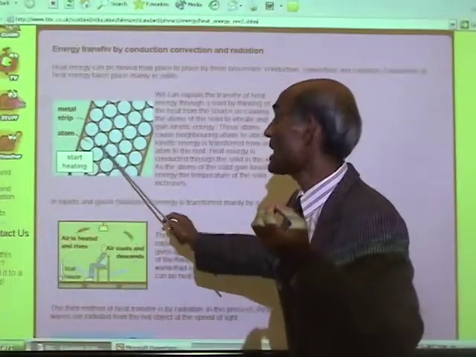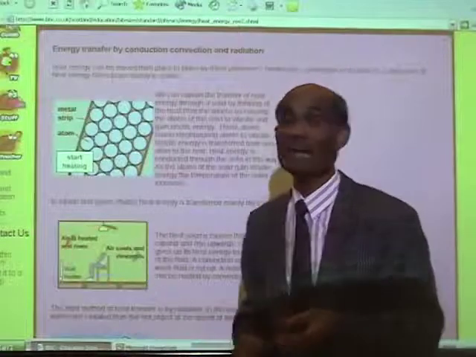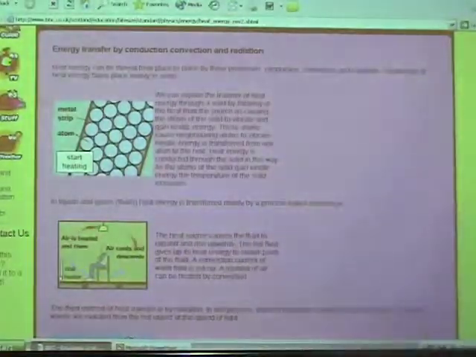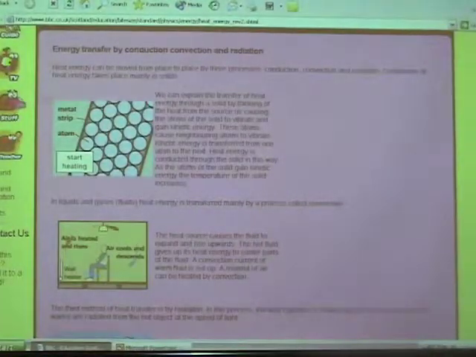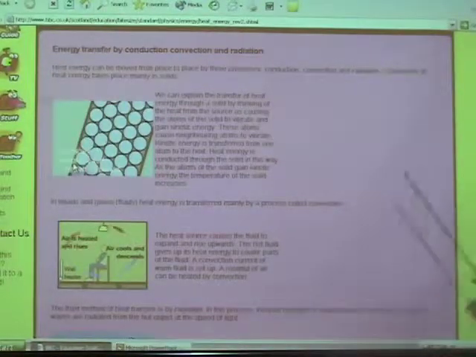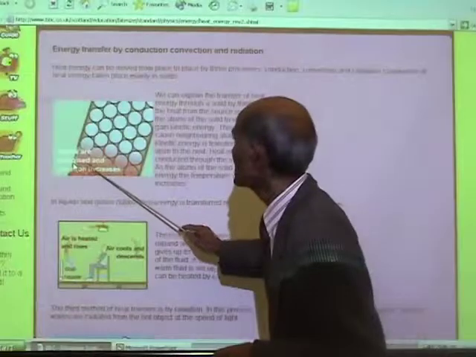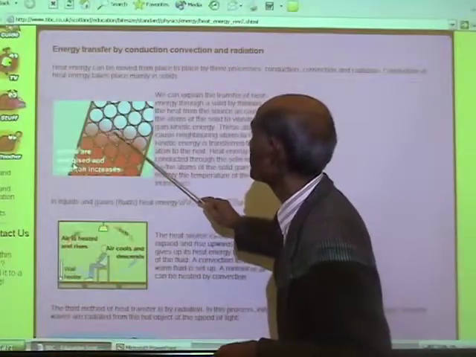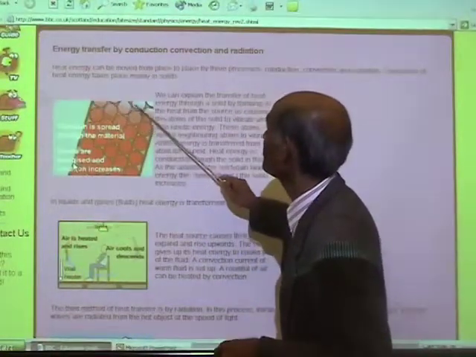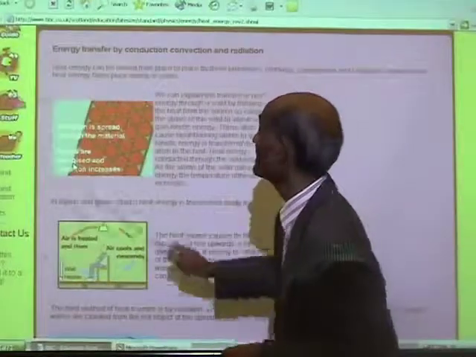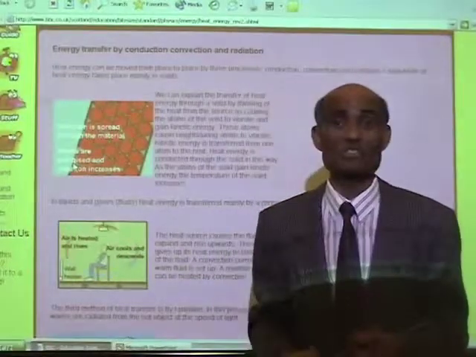Alright, and see how the conduction actually takes place. I'm going to heat it. Now watch carefully, it doesn't stay for a long time. You can see it starts heating and the heat travels right through the conductor,